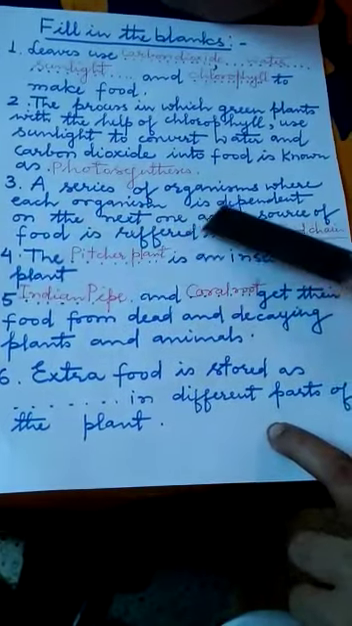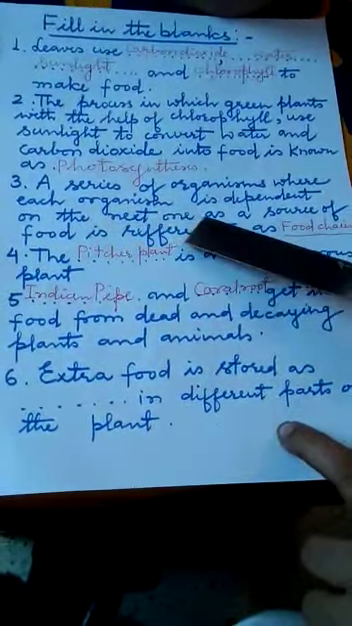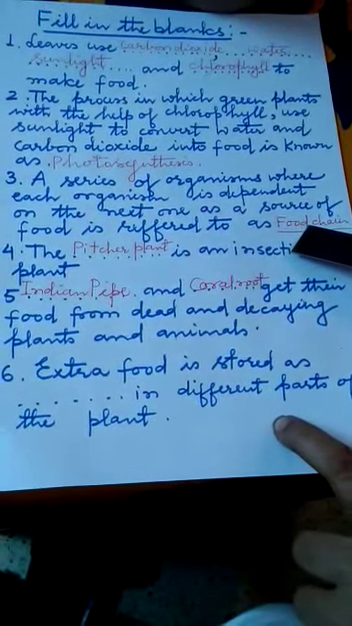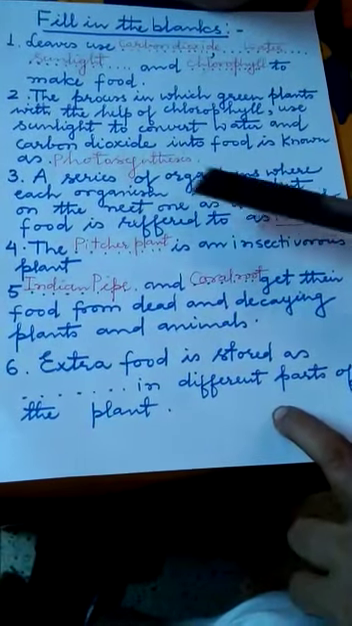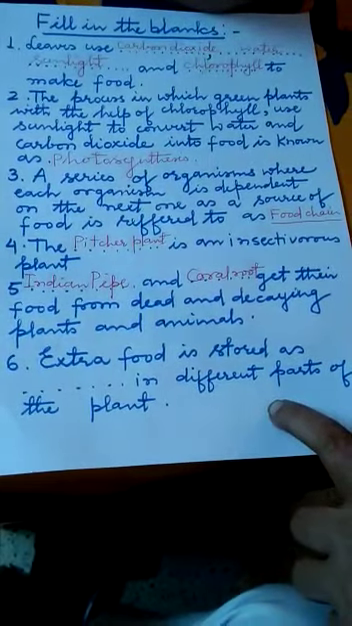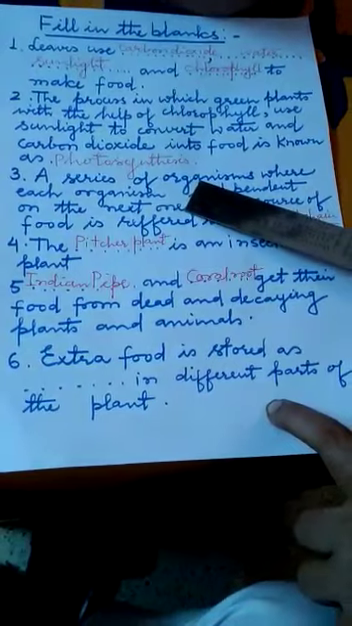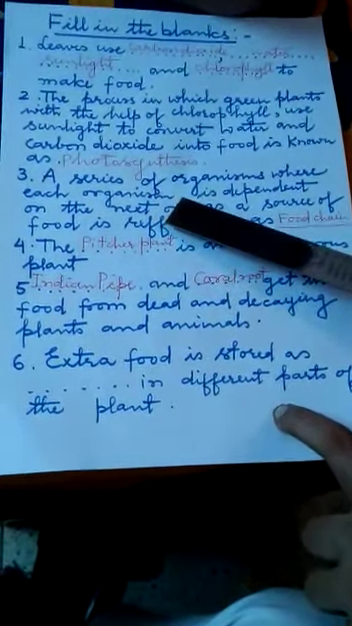A series of organisms where each organism is dependent on the next one as a source of food is referred to as food chain. Children, we discussed during the discussion of chapter 1 that the green plants are producers, they can make their own food, and all the organisms are dependent for their food directly or indirectly on plants, because